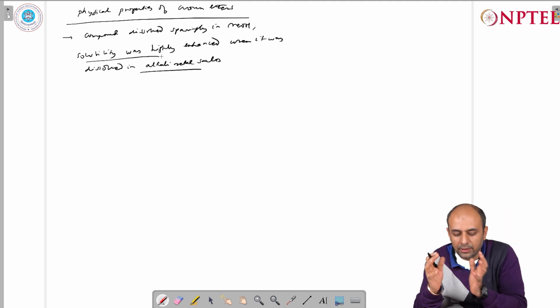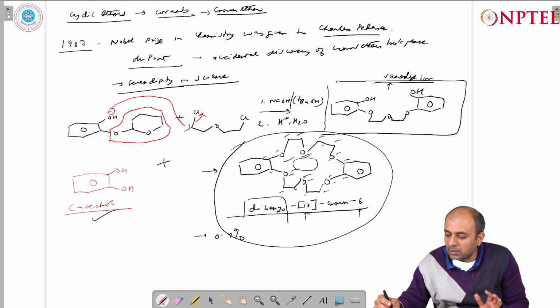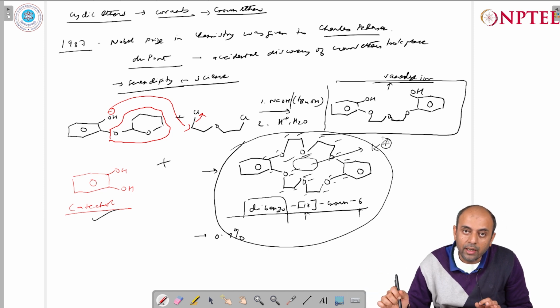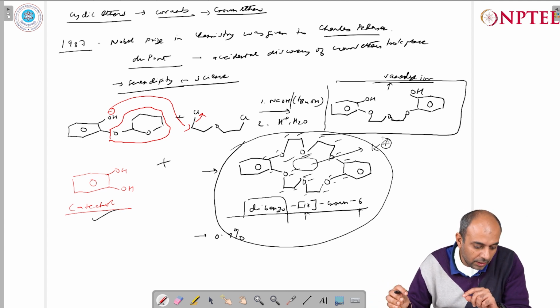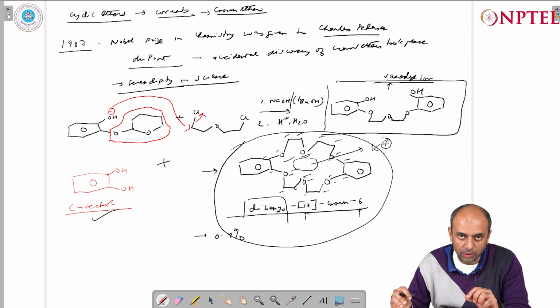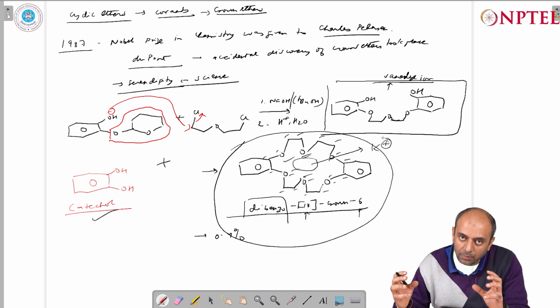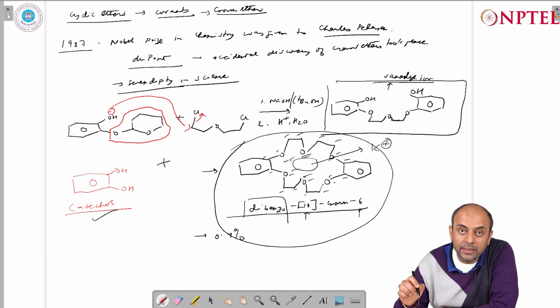So we know that the crown ether is a cyclic system. It has got a cavity here, and possibly the potassium ion has gone and fallen into this cavity. He actually proposed this statement saying that the potassium ion has actually fallen into the hole at the center of the molecule, and eventually this did turn out to be correct, because when the crystal structure of the complex of potassium ion with this ligand was done, it was observed that the potassium ion is complexed with the oxygen lone pairs. So now you see that here the oxygen lone pairs are pointing towards the interior of the cavity,